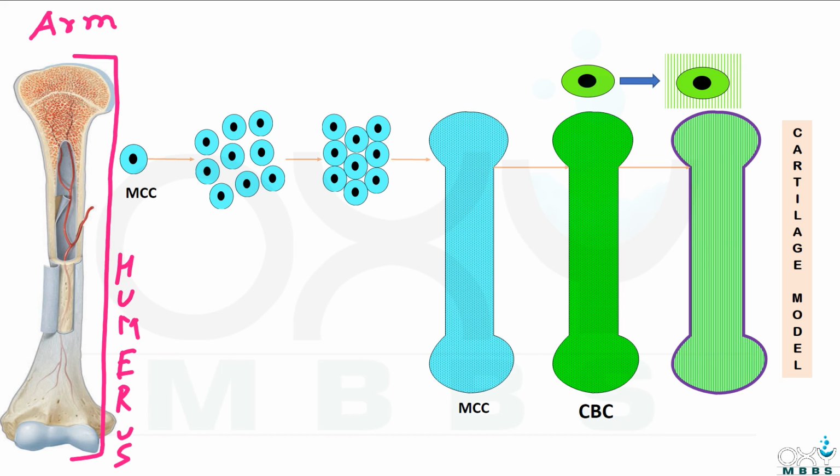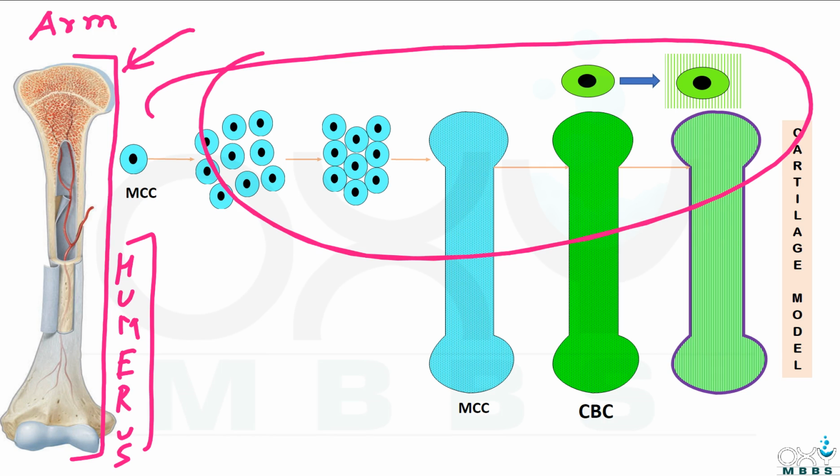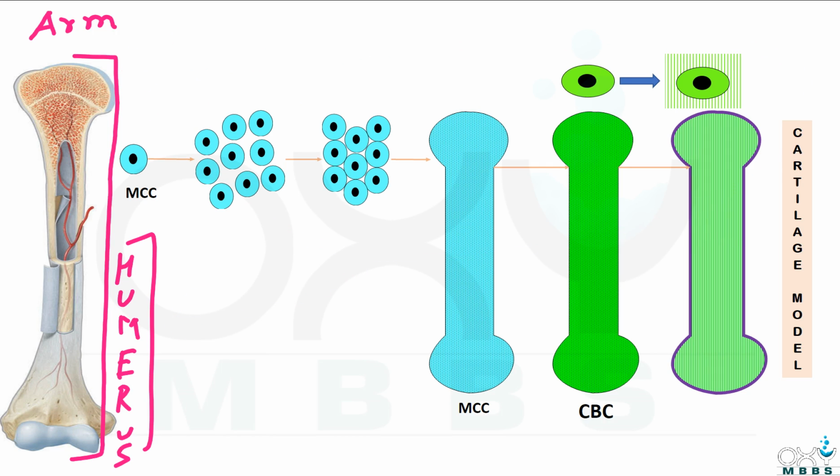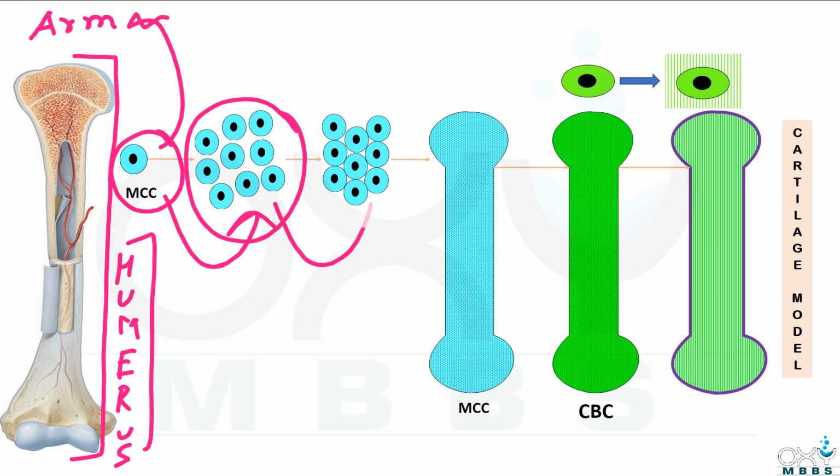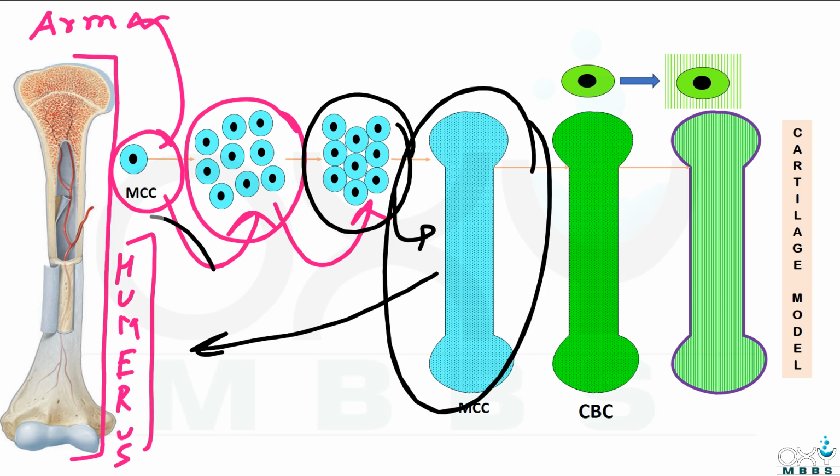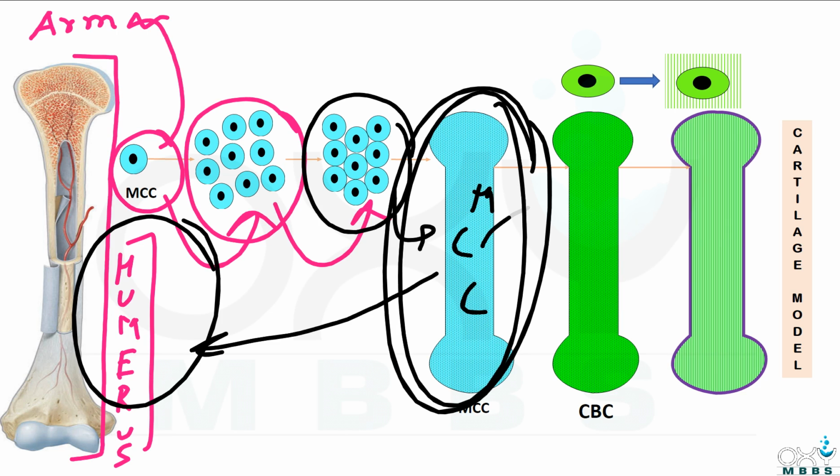Now let's suppose if we want to form the bone of the arm region, that is humerus bone, then following steps are involved to form this bone completely. So first, the cells called mesenchymal cells present in the arm region undergo rapid multiplication, and after this, these mesenchymal cells come close together and they are arranged in such a way they form this shape, and this shape is similar to humerus bone. Now the mesenchymal cells which are present in this structure undergo differentiation and form chondroblast cells.